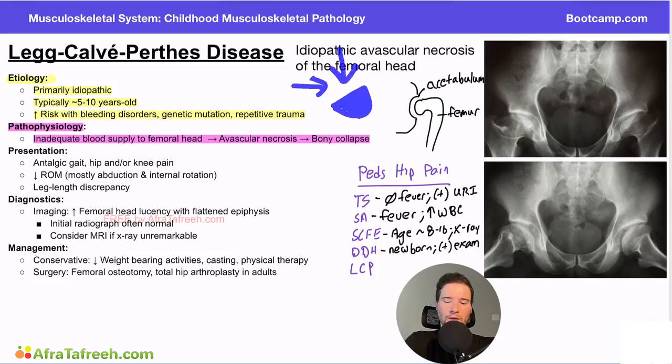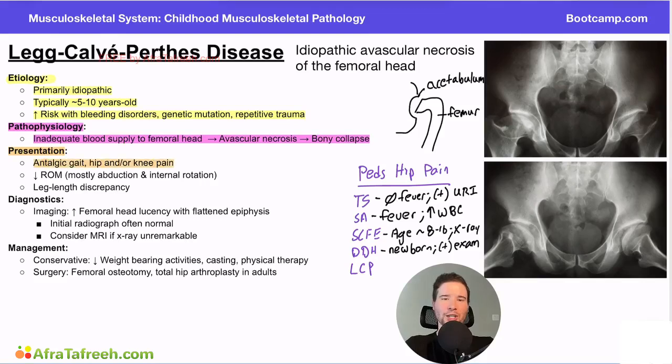You get compressive forces from the biomechanical nature of the body, and that can actually squish the femoral head. So now we might have something that looks like this, right? This does not look nice and round and full like we used to have. It's kind of squished because the avascular necrosis led to bony collapse. How is this going to present? Well, classically, patients will have an antalgic gait, also known as a limping gait, and they may present with hip